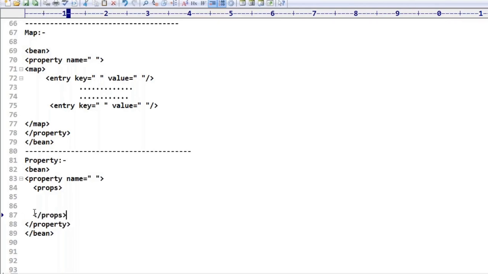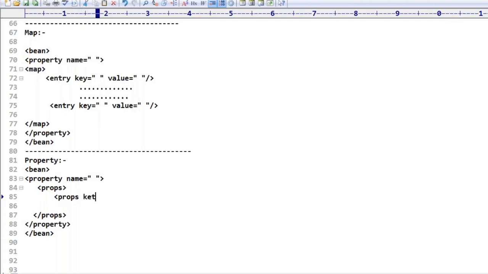So basically, we will use this property tag to set values, in case of JDBC, if you want to set the URL, the username, the password, in that case you will go for this property tag. Even we have learned in case of Hibernate, property name equals this and so on. That was nothing but your property tag itself, and it is a part of the collection. So that's what props is, and here we have to pass